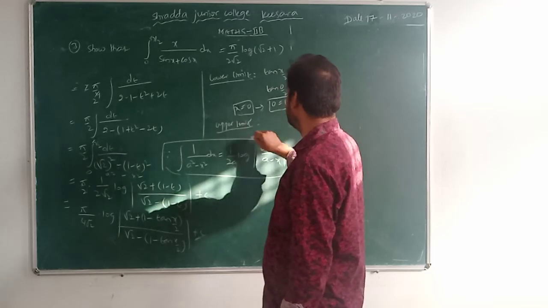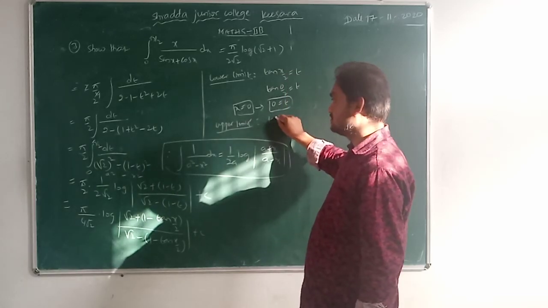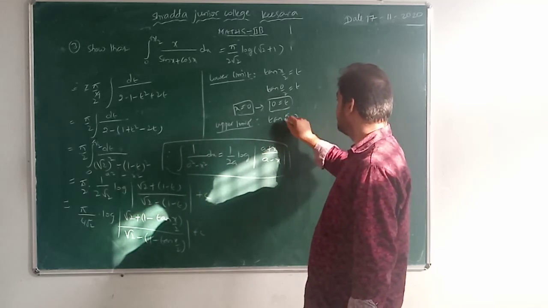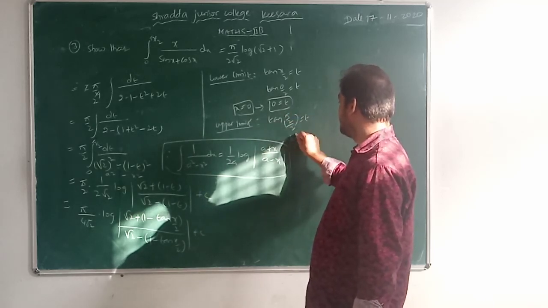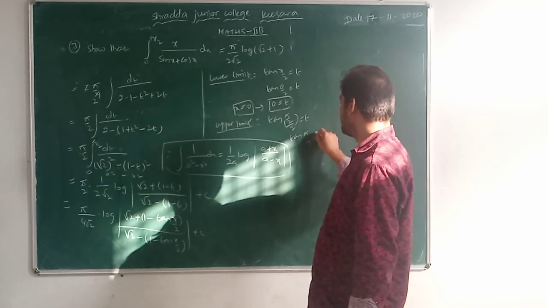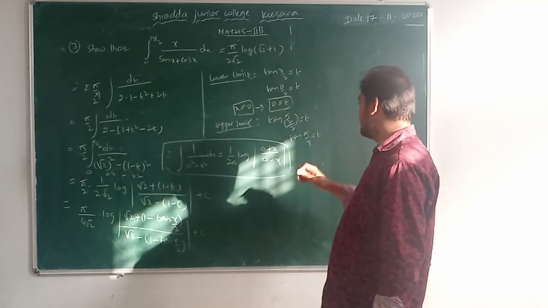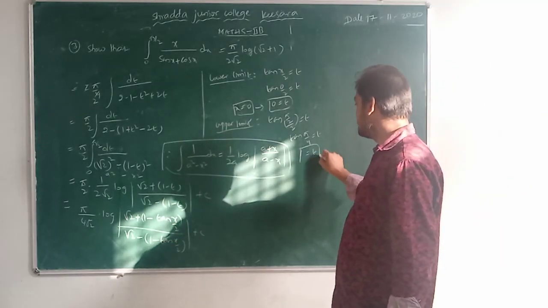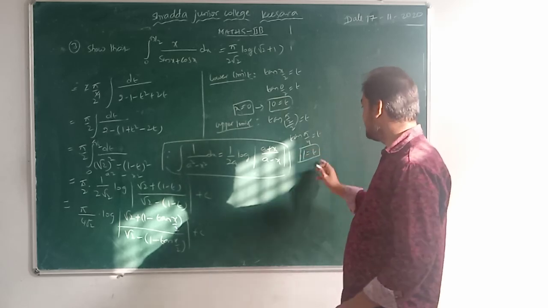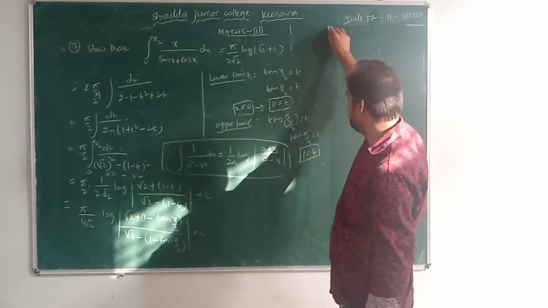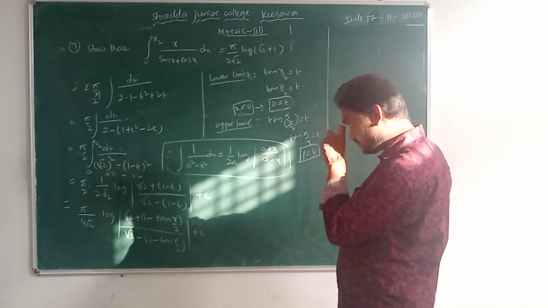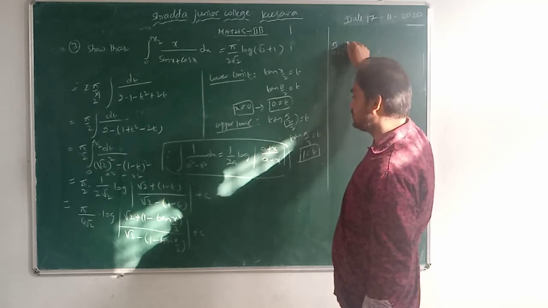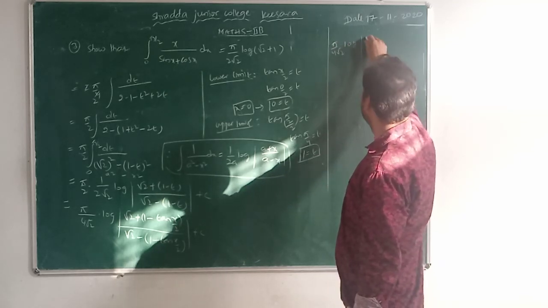Next, what is the upper limit here? x is pi by 2, so tan (pi by 2) by 2 equals t, that is tan pi by 4 equals t. Tan pi by 4 means tan 45 degrees, that is 1. So t equals 1, which is the upper limit. Now substitute here: pi by 4 root 2 into log of root 2 plus